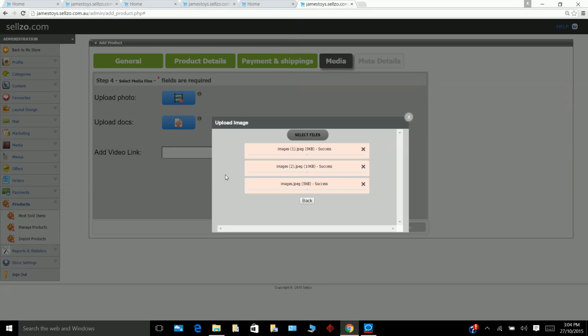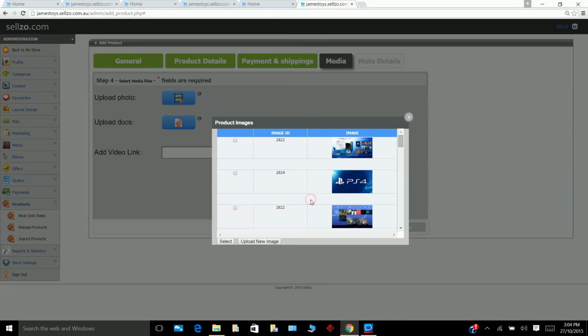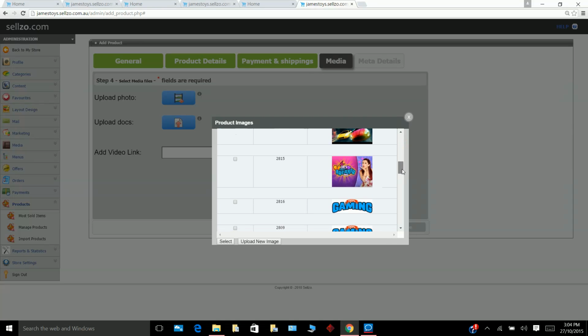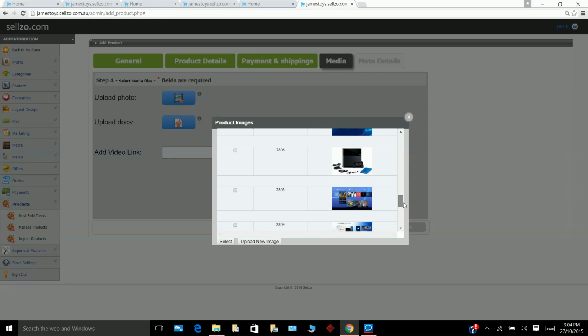Open and back, and here they are now. So they're in the library. So I'm going to go ahead and choose which ones I want, and let's choose one existing one that was in the library. I saw it down here before. Here we go. We're going to choose this one here,